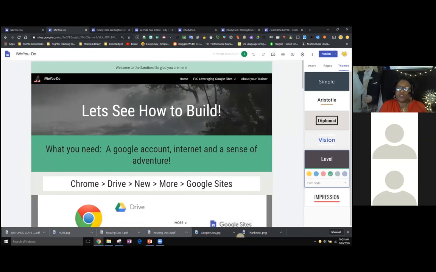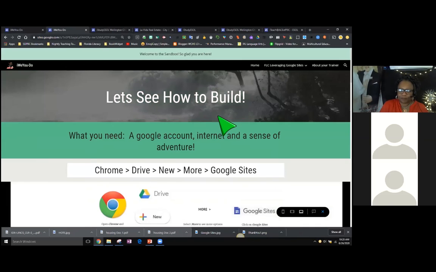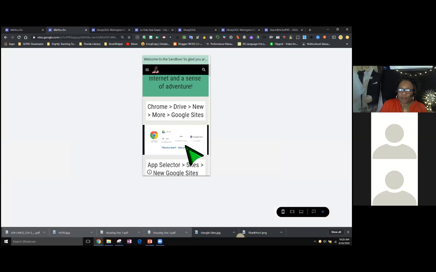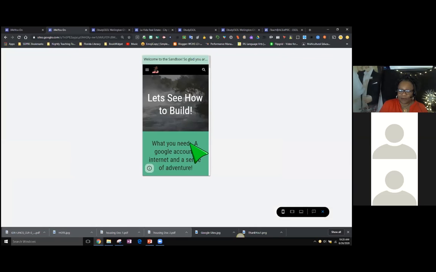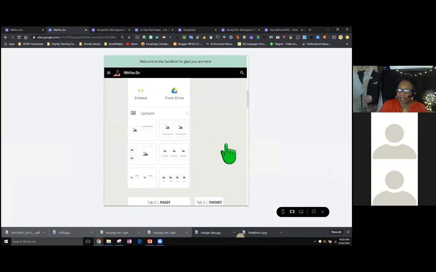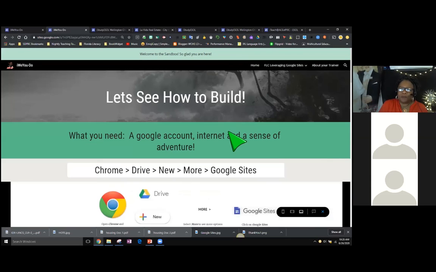It's mobile ready. So when you build it out, it gives you the opportunity to preview what you're building. This button right here at the top, it gives you the opportunity to preview. So I'm going to press that right now so you can see. Let me move this out of the way. And right here, it gives you the opportunity to see what it will look like on a mobile device. And so that's what this looks like right now. It gives you the opportunity to see what it will look like on a tablet and then on a computer. So before you publish, you have the opportunity to take a look at what your site will look like. So this is what my site would look like published.